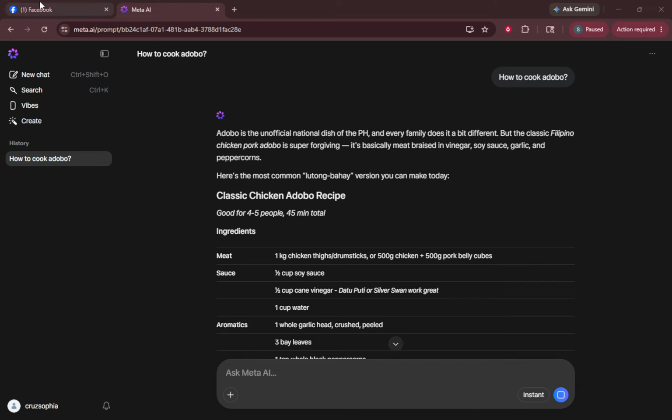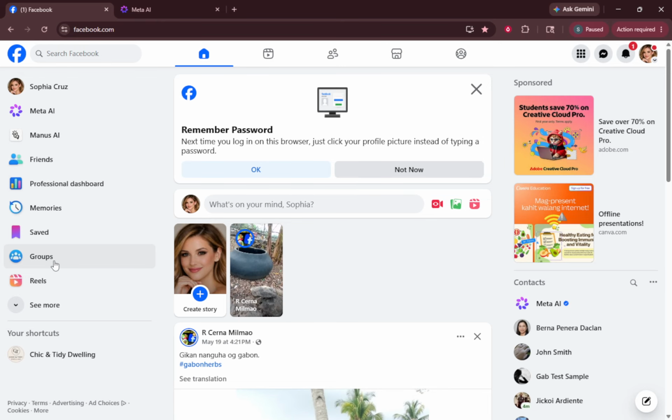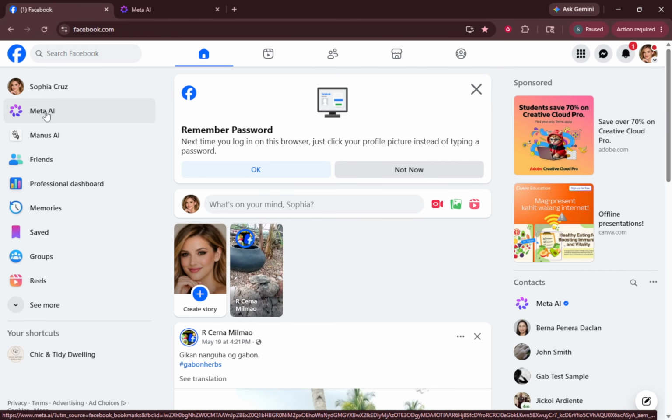In Messenger, you can also type @Meta AI in a conversation to bring it up. The moment it appears, you can start using it. No separate sign-up required. A few important notes before we wrap up. There isn't an email-only sign-up flow, so you won't be creating a standalone Meta AI account from scratch. You also don't need a credit card.